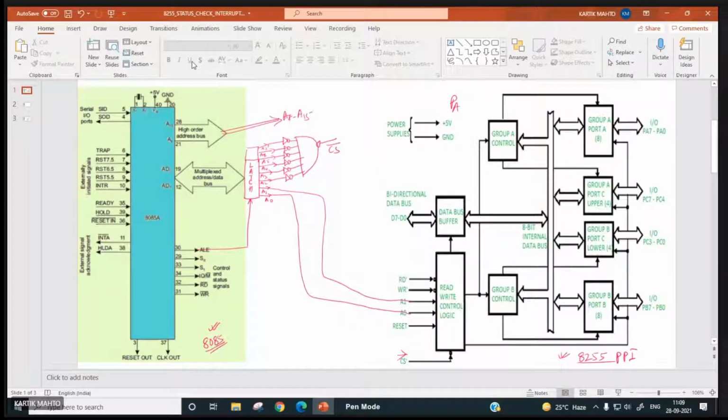Right? For this port A, these two have to be 0, 0, right? And for having this chip select bar 0 over here, what should be the value of A2 and all these?